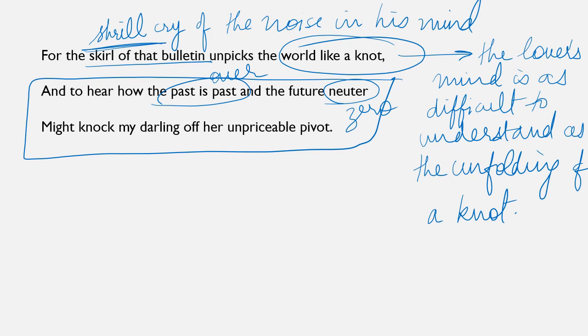There is nothing in his future. So what remains in the mind of the lover? It is something so unpredictable. It is as if his mind is totally blank. If there is any meaning, that meaning the beloved is not able to understand, and she will be knocked off. नॉक्ड ऑफ मीन्स वो हिल जाएगी, वो ट्रेम्बल करेगी, वो अनसेटल हो जाएगी अपनी जगह से। वो जगह जिस पे वो बैठी है वो बहुत खुश है, लेकिन उसके माइंड के अंदर झांकते ही वो अपनी जगह से हिल जाएगी, अनसेटल हो जाएगी. It will be a horrifying experience to her.